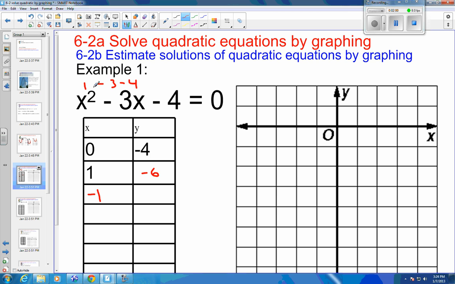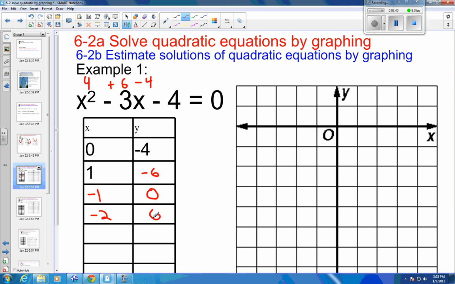Okay, so -1 would make this into a 1. That's still 1. -1 squared is +1. -1 times -3 would be a +3. And then this would be -4. So then I've got 1 plus 3 is 4. 4 minus 4 is 0. Okay, so then I'm going to try, how about -2? We'll try -2 here. So -2 squared is 4, and -2 times -3 is going to be a +6, and -4, that's going to